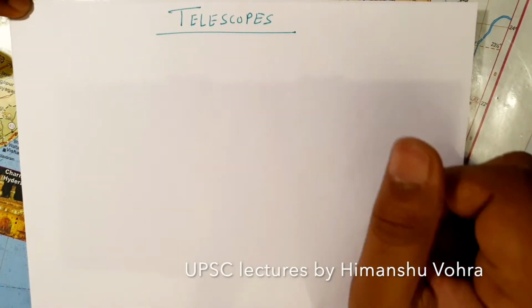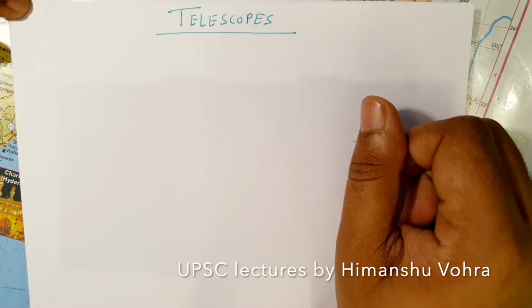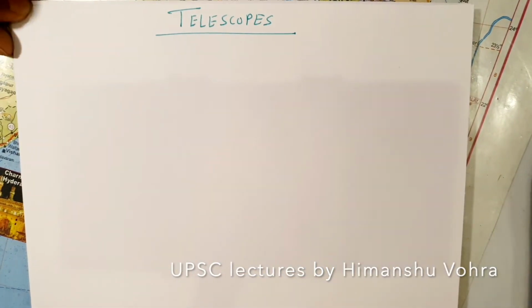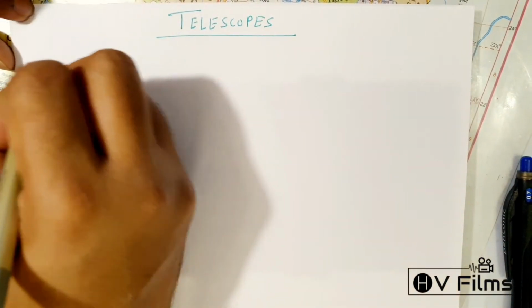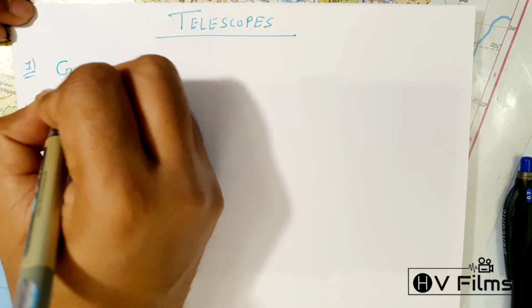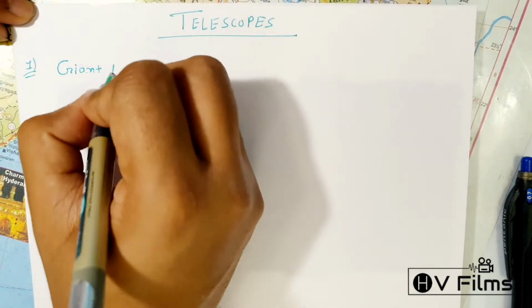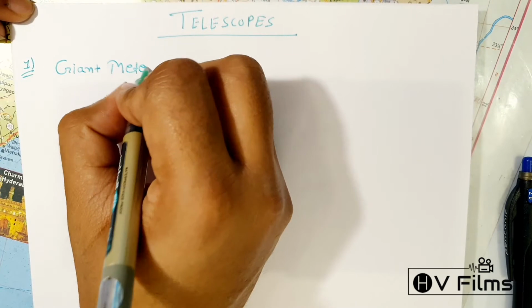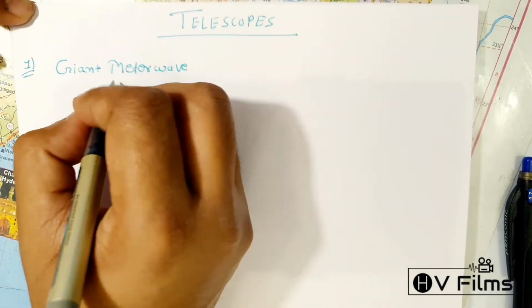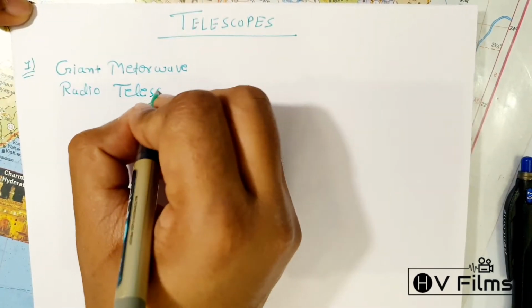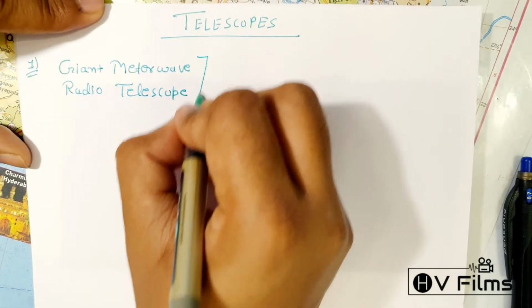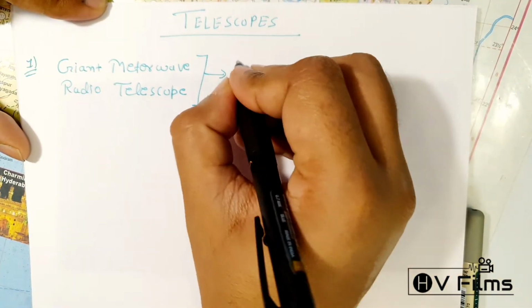So the next topic that we're going to discuss is about the telescope. Now the very first one that we are discussing is the Giant Meterwave Radio Telescope. Now this one is located in Pune, or you can say near Pune, and it is basically used for the deep